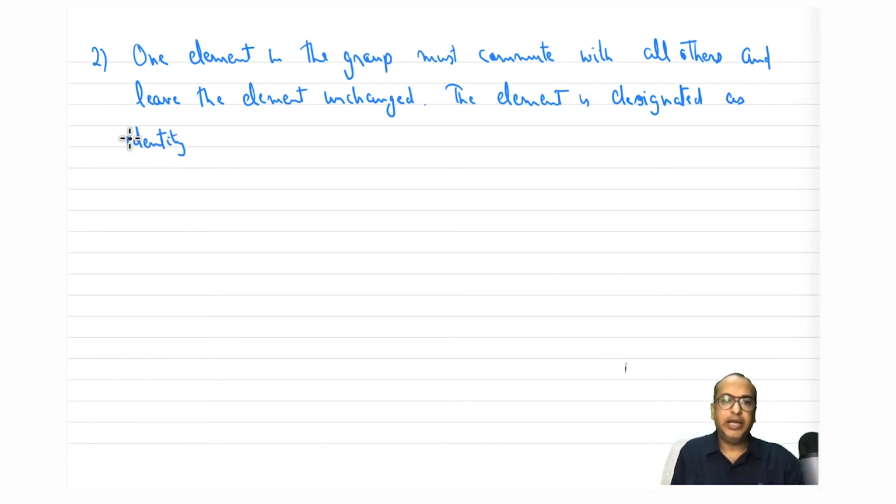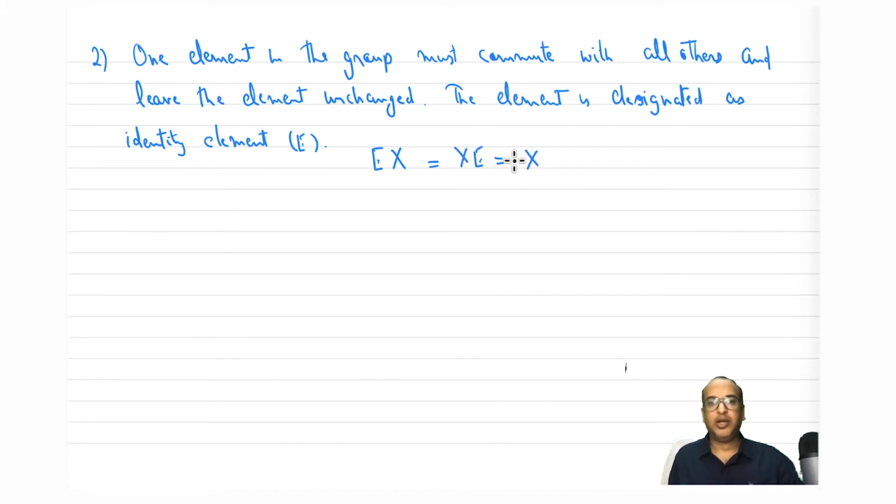So we know that each molecule has the identity element in it, defined as E. So if we take the combination EX, where X is another element, or XE, it should give you X back. So one element in the group must commute with all other elements. That means E commutes with X in this case, and leaves the element unchanged, so it will result in X.